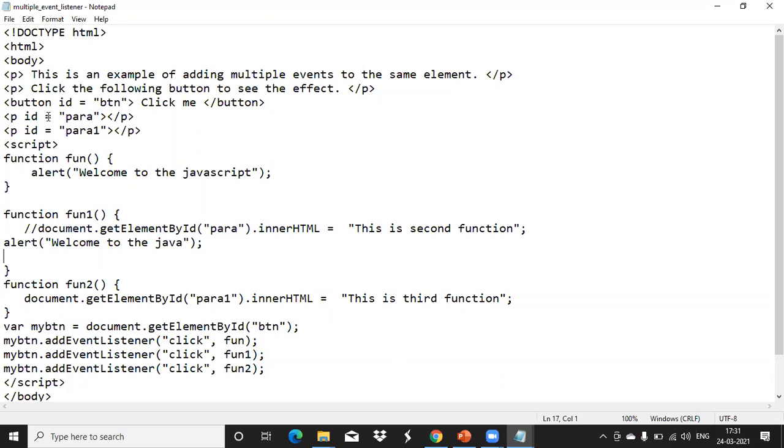So the same button has 3 types of events. One is addEventListener of click function. Then the same addEventListener, clicking. That time function 1 is called, and one more thing, for function. Like that, the same button we are giving multiple events. That is this example. Can view this output.